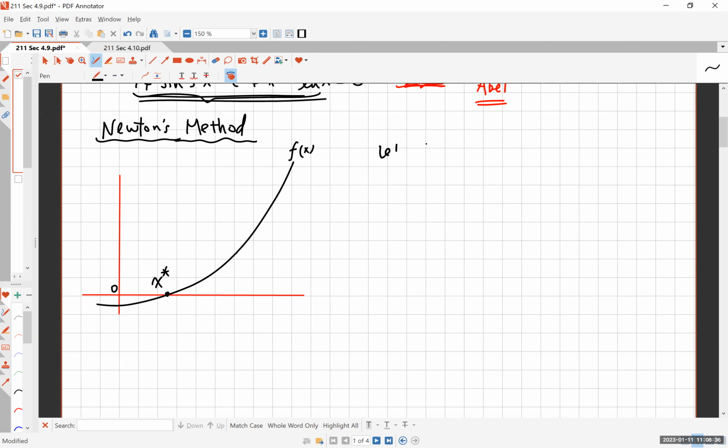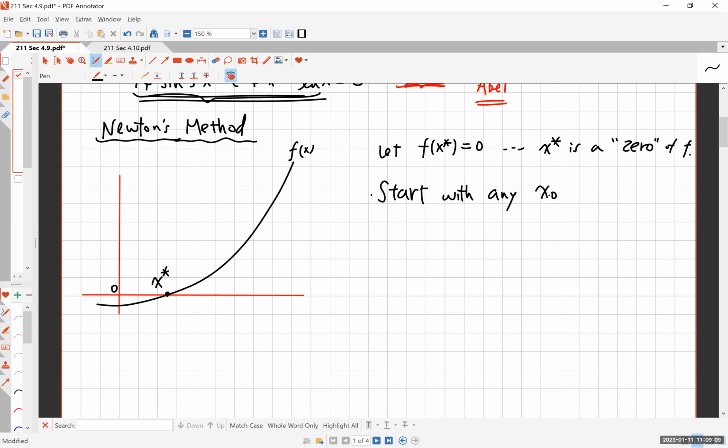So let f of x star be equal to 0. In other words, x star is a 0 of this function. That's what we're trying to find. What is this x star? That's what we're trying to find. So we start with any number you think is close to x star, the real 0 we are looking for. All right, so let me go ahead and write our thought process. Start with any